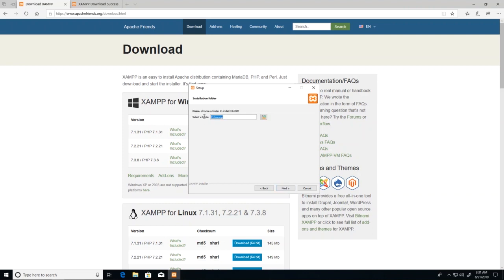We can go ahead and proceed with that default folder. If you have another folder that you wish to use, then that's fine. But essentially, this is where all of the server, PHP, and MySQL files will be deployed, and ultimately where we will need to put our sites for hosting on the web server. But we will just click next and proceed